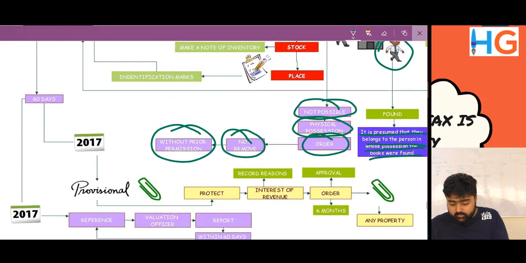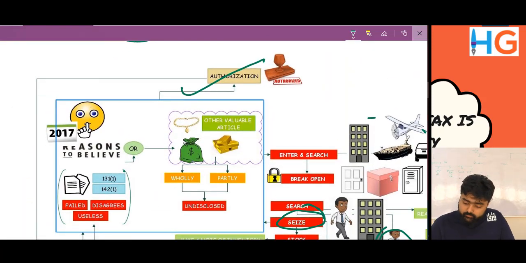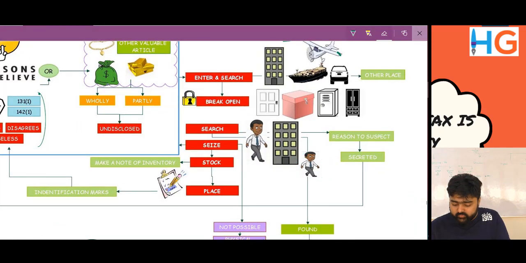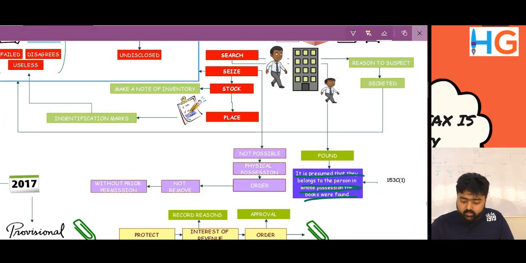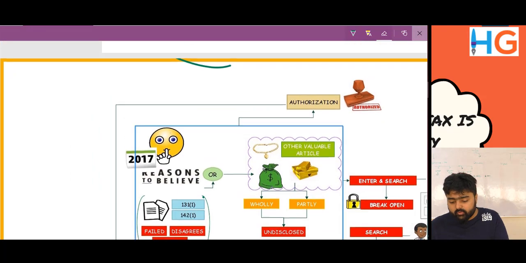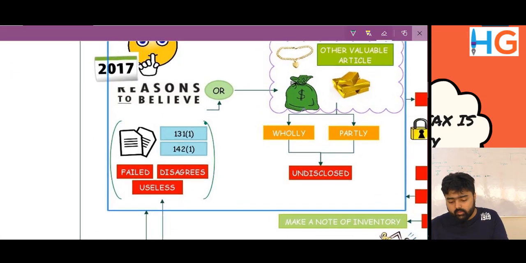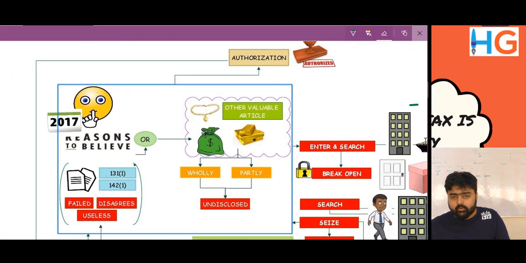Now one more important thing. In our case study, we used to take an example of an employee who was fired from his job and reported to the authority for getting a search and seizure against his employer. Now, if the reason to believe is disclosed, that employee may be at risk, either financially or physically.